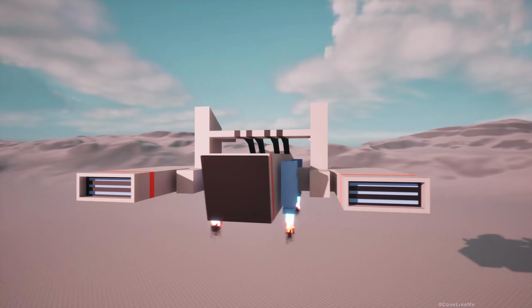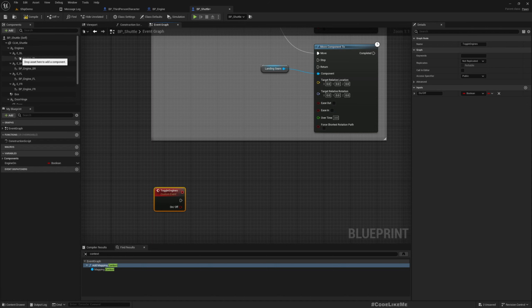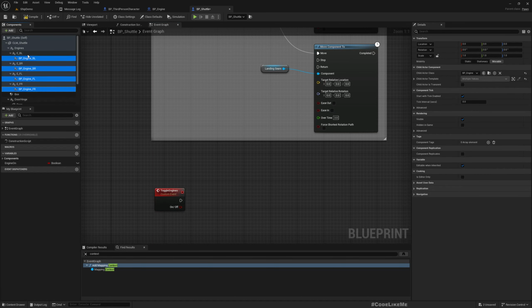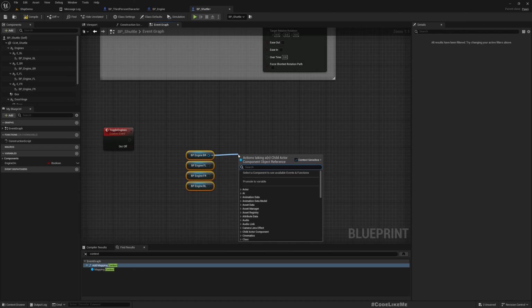A custom event to toggle engines. Here also I'll add a parameter on or off. Now here we have 4 engines, and from each of these we need to call turn on. So get child actor,